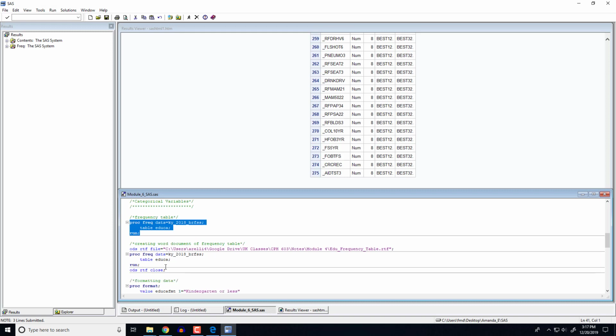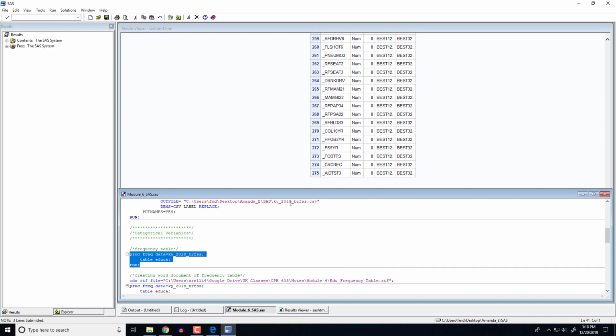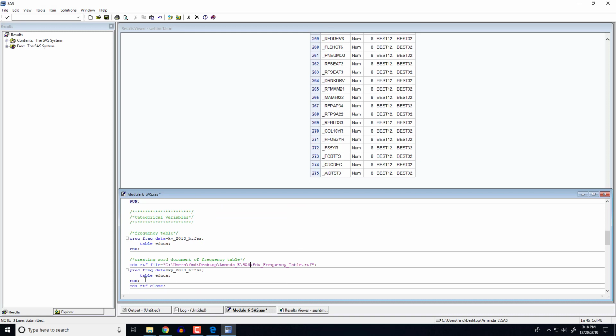But before we do that, one thing that I do want to show you is this little bit of code right here. This will actually create a Word document of that frequency table that you could use in Word. So the first thing you have to do is specify a file path right here. So I'm going to use that same file path we had earlier. And then you need to give it a file name. So I'm going to call it edu frequency table, and then it's going to be what's called a .rtf file. And then these lines of code are exactly the same as what I had up there. So if you run this,